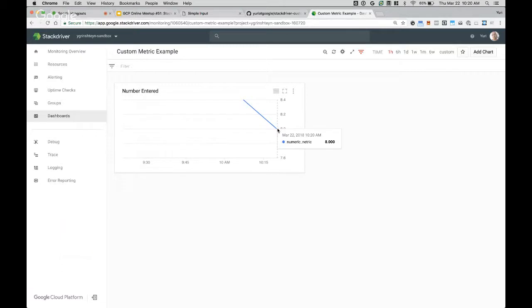So I imagine you can do this at scale. You can have any number of custom metrics going against lots of different resources. But that's basically how you go about using the Stackdriver Monitoring API to write data. So that's some of the questions you asked, like, can I do alerting on it? So reporting, dashboarding, there it is. I can also go to